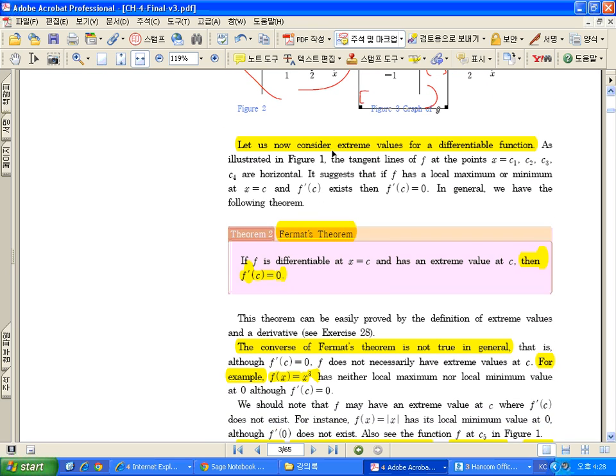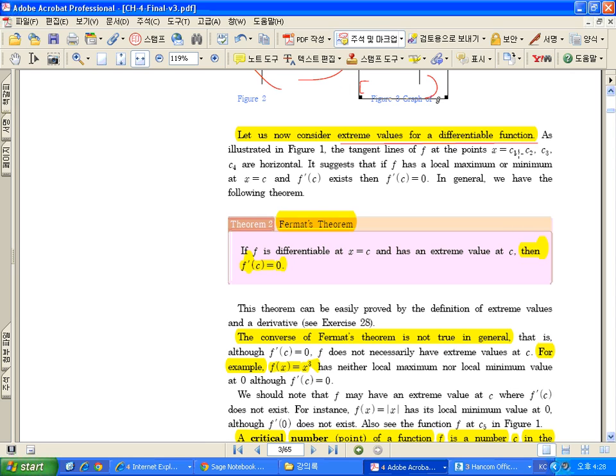Okay, let us now consider extreme values for differentiable functions. In figure 1, we had horizontal tangent lines at 4 points, C1, C2, C3, and C4. It suggests f has a local maximum or minimum at those points. Here we know that f prime of C1, C2, C3, C4 are all 0 because the tangent lines were all